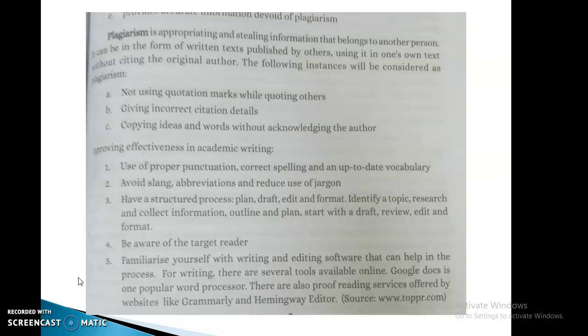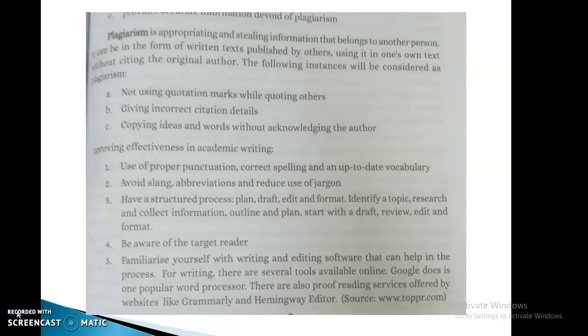Next topic is improving effectiveness in academic writing. Use of proper punctuation, correct spelling and an up-to-date vocabulary. So punctuation, that is a mark such as full stop, comma, brackets. These are used in writing to separate sentences and their elements and to clarify meaning. So for an effective academic writing, proper punctuation, correct spelling and an up-to-date, that is the newest vocabulary, must be